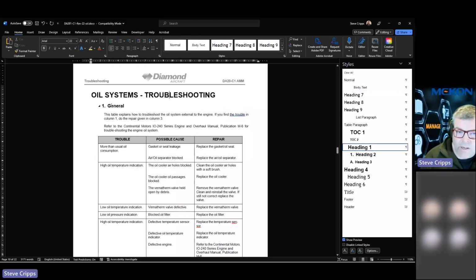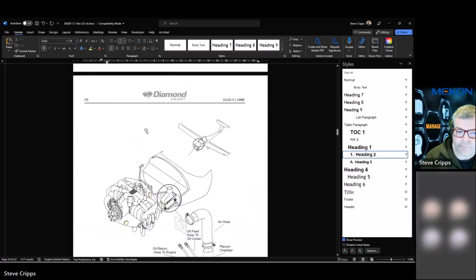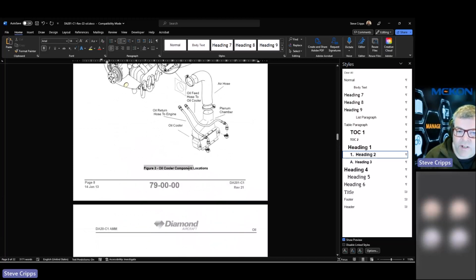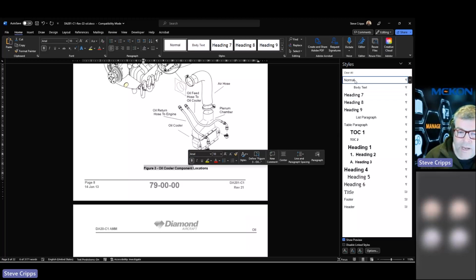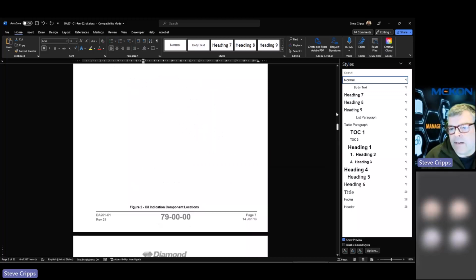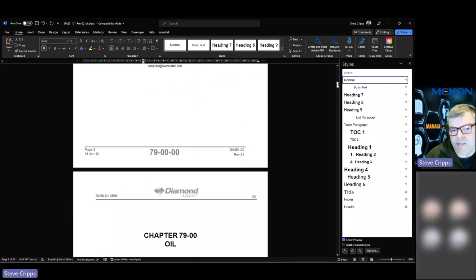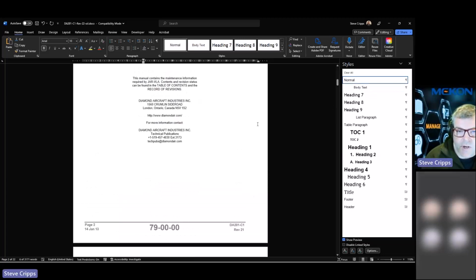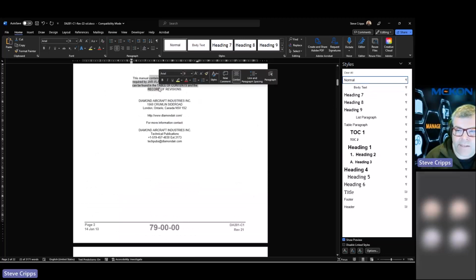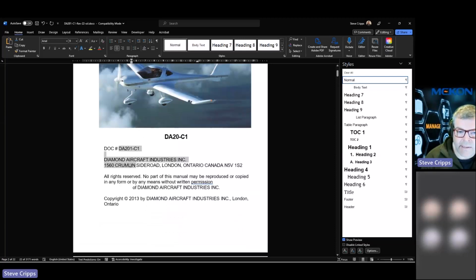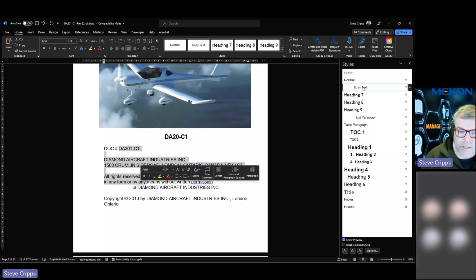So that is a Heading 1. That is a Heading 2. So I have got some Heading 1s and 2s. My figure titles are just normal text. So, you know, it's not that this document has any special styles or formats already applied. This is just normal text. If I go up to here, this is just body text. So the beauty of Tony's tool